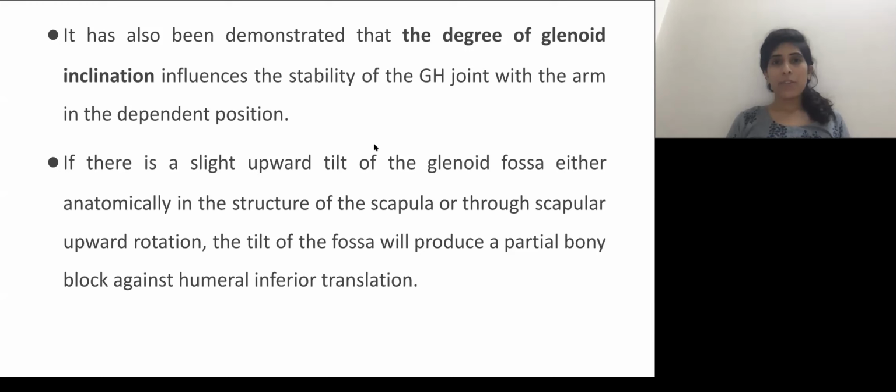So if this glenoid cavity is in a slightly upward direction, that helps to provide a sill, or that helps to make this joint in a lock position, and ultimately it avoids the downward pull. Okay,